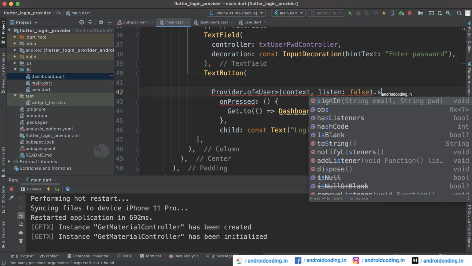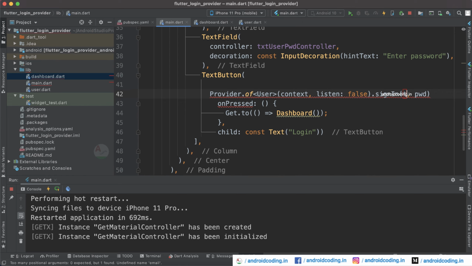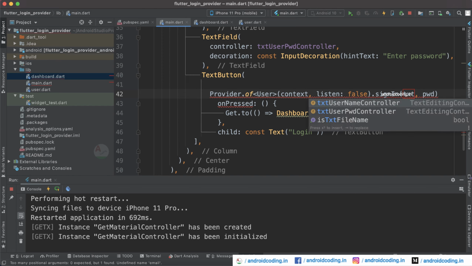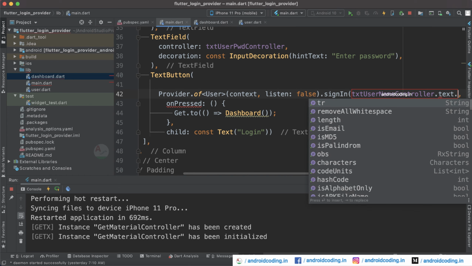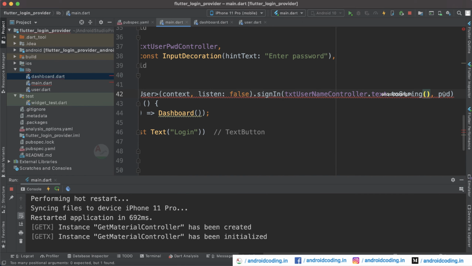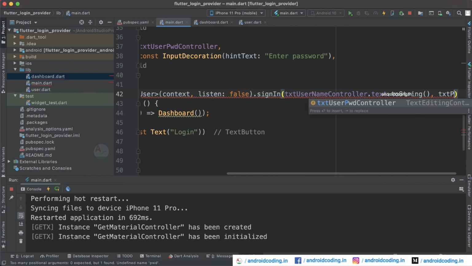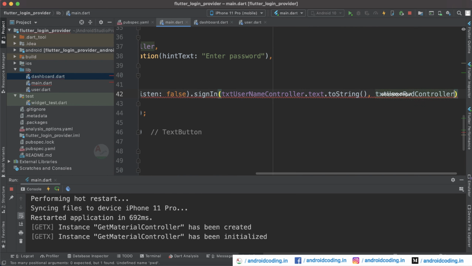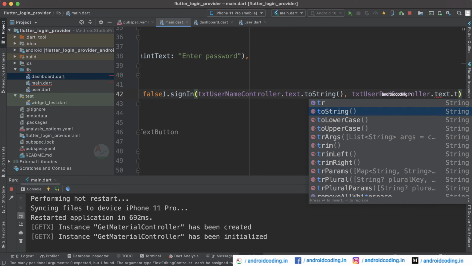Now let's make use of the sign in method which we have specified earlier in the User class. Let's make use of our controllers, like the username controller dot text dot toString. In a similar way, let's provide our password field also, the user password controller dot text dot toString.